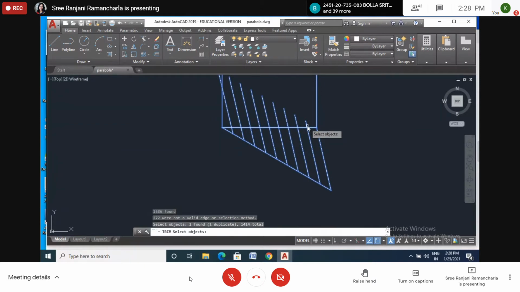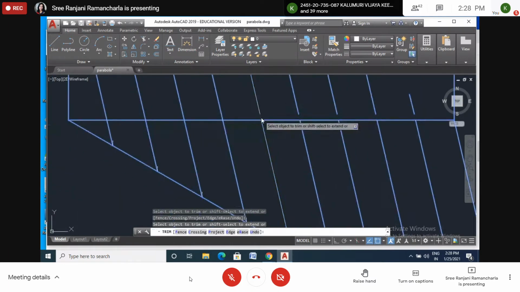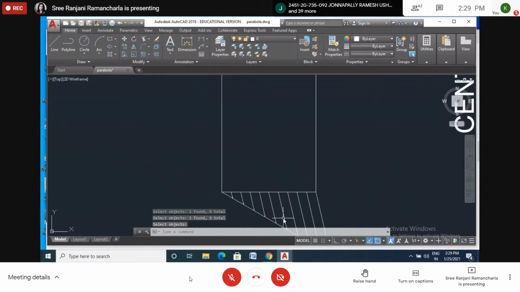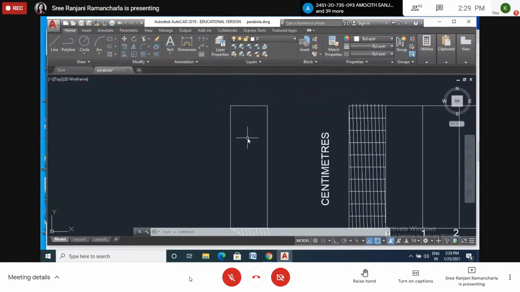So you will be drawing with the scale only up till here. Don't draw extra lines. Don't cross beyond this line. Now, after getting this, here again you have to divide into equal parts. So what will you do here?